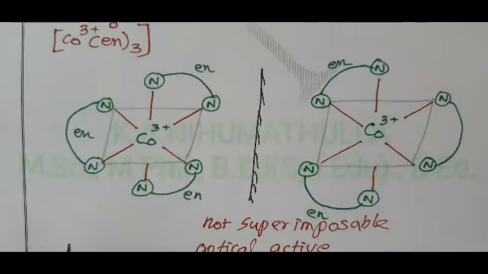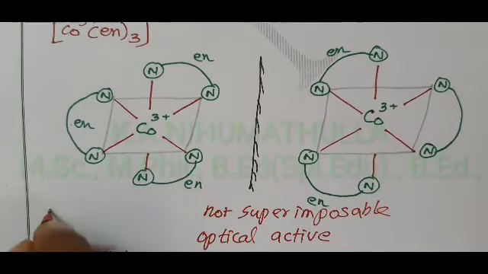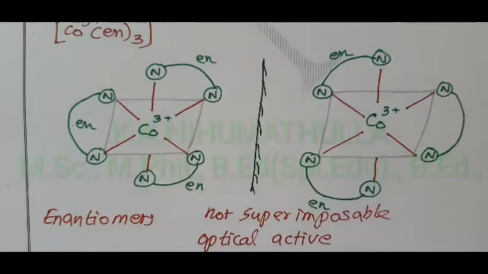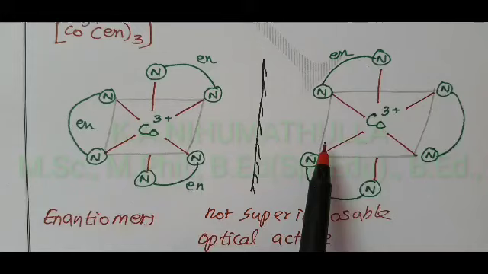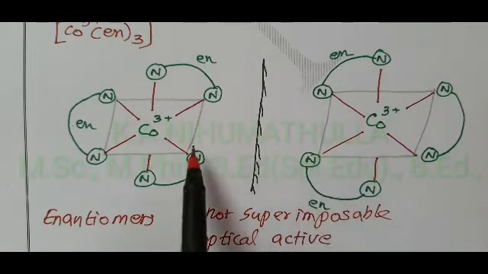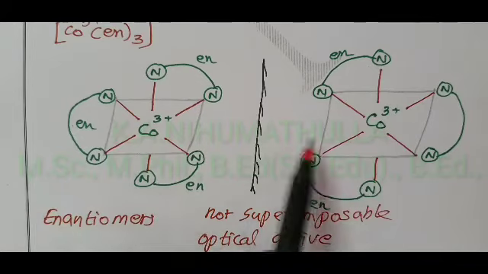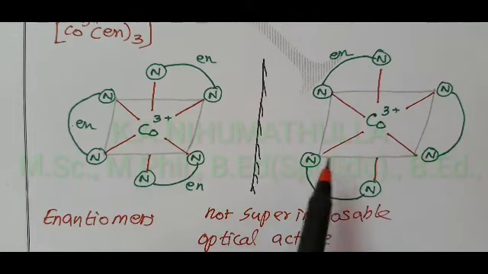In this place, now I am going to define enantiomers. What is meant by enantiomers? The pair of two optically active isomers which are mirror images of each other are called enantiomers, having the same molecular formula, only differing in the rotation of plane polarized light. Both the compounds are called enantiomers.